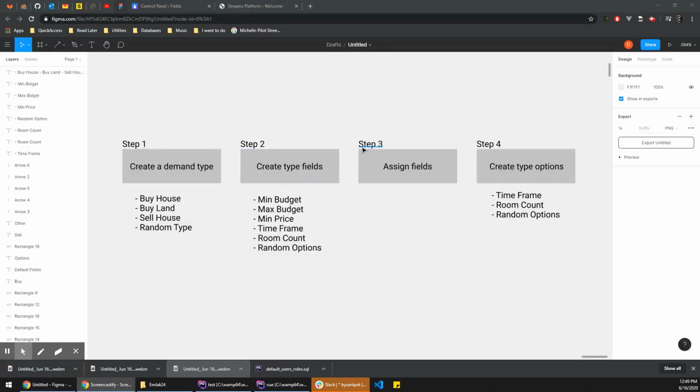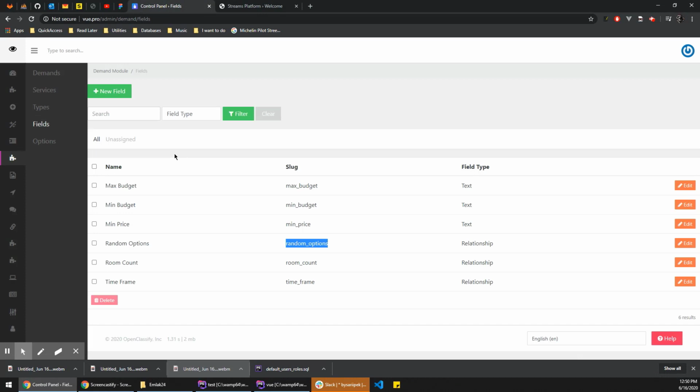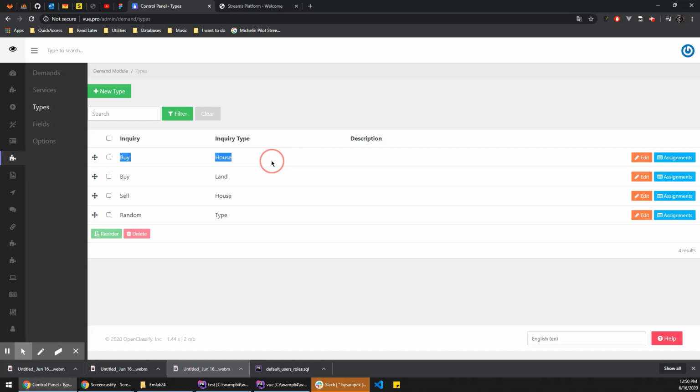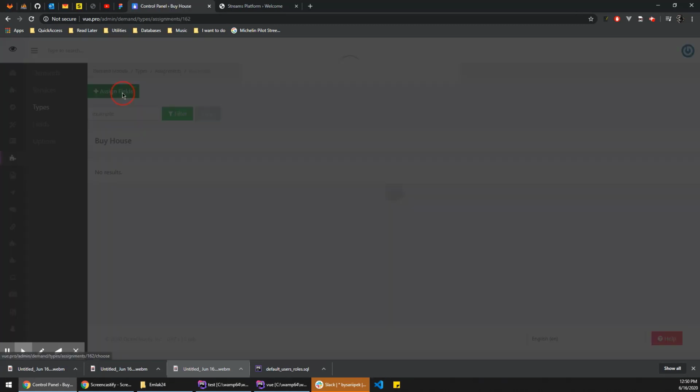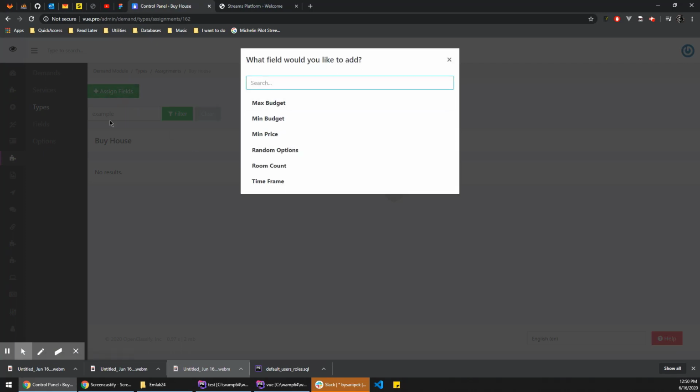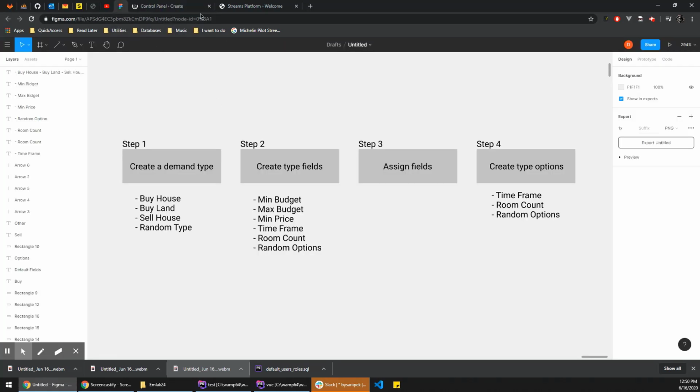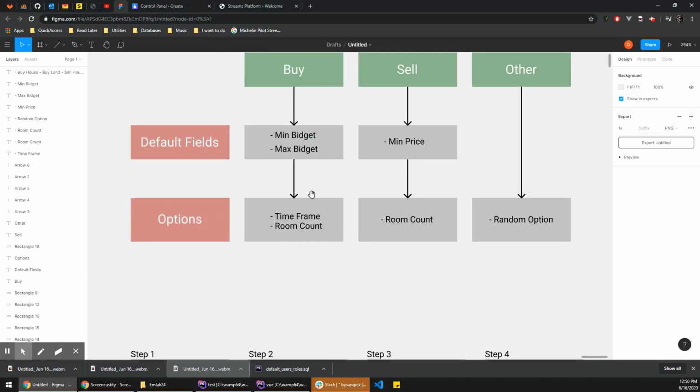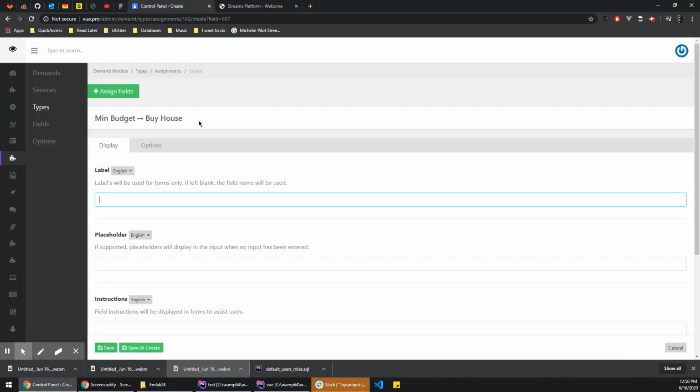Alright, so next step is assigning the fields. So the fields that we created, we will go ahead and assign them to our demand type that we created in the first step. So we will go to types, and let's start with buy house. So you will click on assignments and assign fields. Now for buy house, we have a minimum budget, which I told you it's going to be the default. As you can see, default field, minimum budget and maximum budget. Alright, so let's say minimum budget. And then save and create